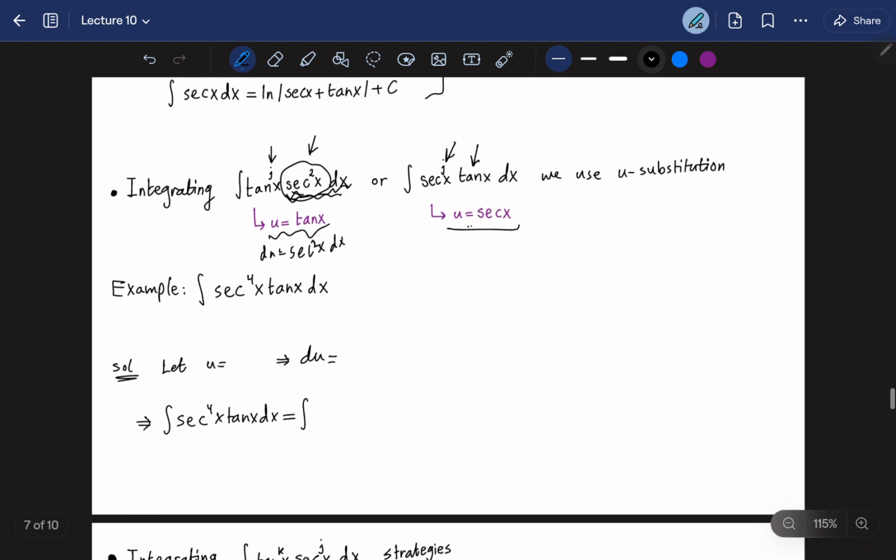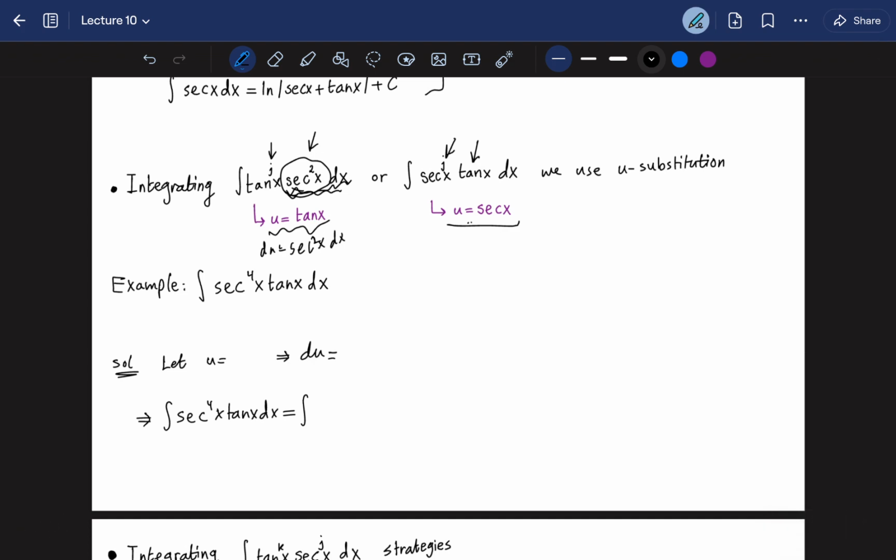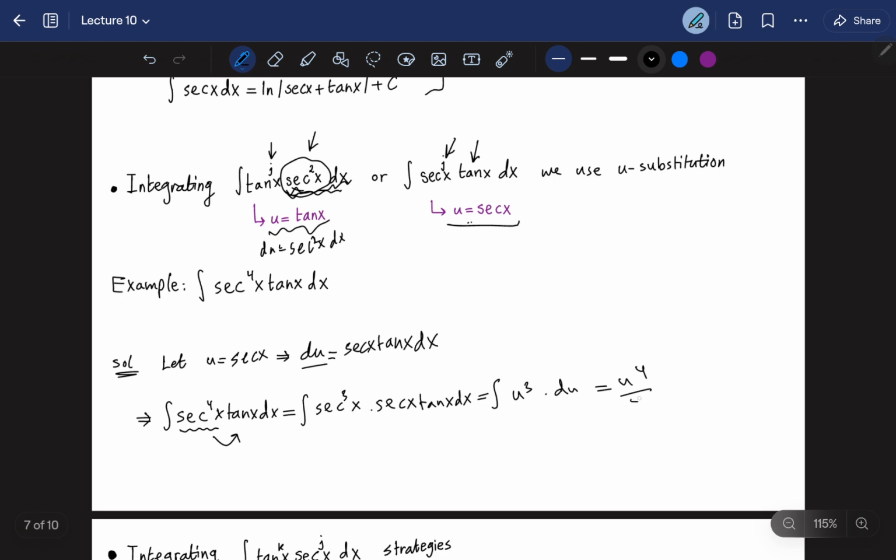So let's try this example. I have secant to the 4th, tan of x. Secant to a certain power, tan by itself. I'll take a u sub with secant. Now the derivative of secant is secant tan. And let's plug everything back in. I'll take one of these secants with the tan, and that would be my du. So I'm going to have secant cubed, secant tan dx. And using the u sub, this is just u cubed times du. Integrate and plug back in,